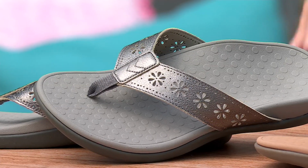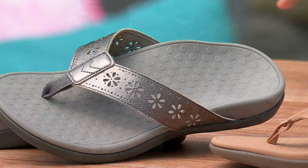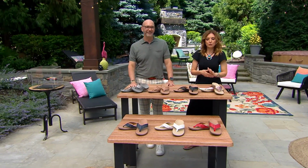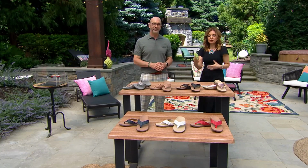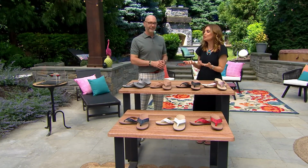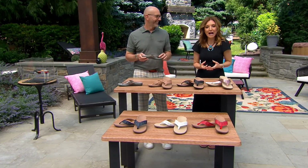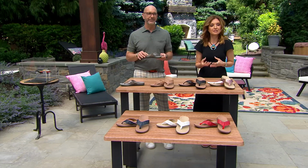But it's on that construction, on that Tide construction, which you've come to know and love, and has started so many people's Vionic collections over the years. Yeah, it is your flag, it's your DNA, it's the flagship. You think of certain shoes as comfortable or uncomfortable. The bulk of that is from what's happening in the part of the shoe that you don't see when you look in the mirror. Exactly. It's happening underneath. And the reason why 1.1 million Tide sandals have sold here at QVC is all because of the design that's happening